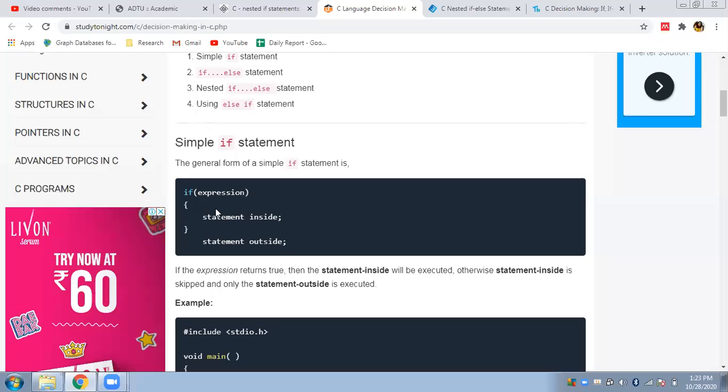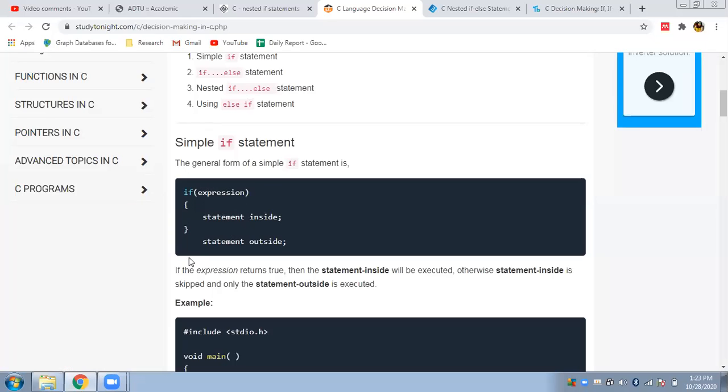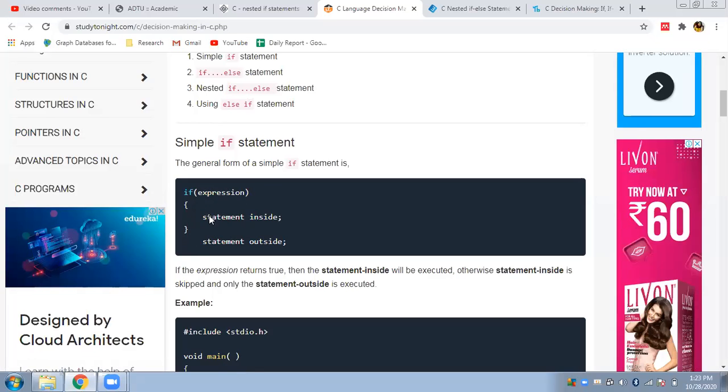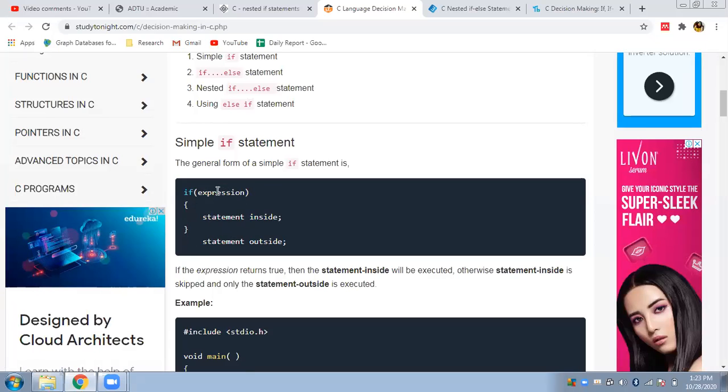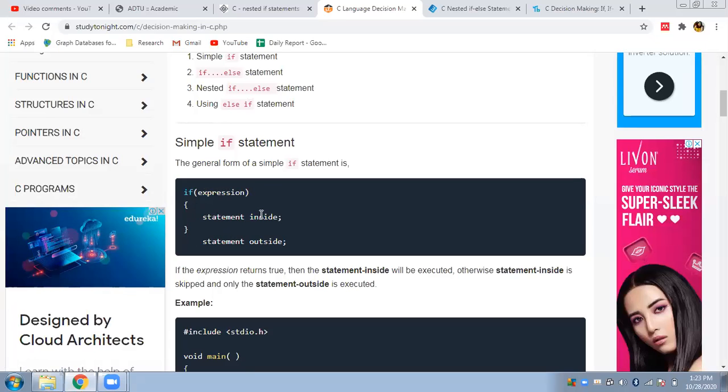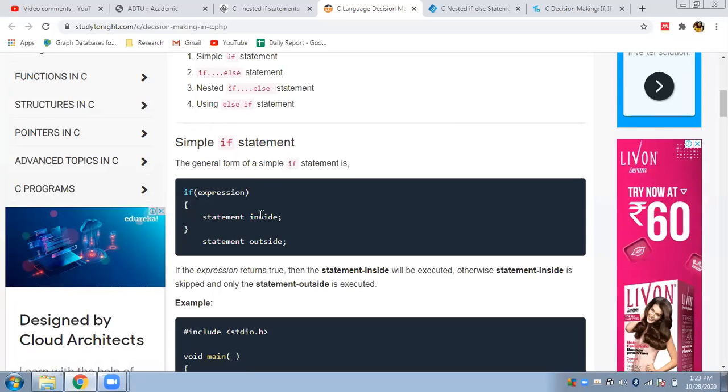See, so this was the syntax of a simple if statement. Given a condition, if the condition is satisfied, you execute the block of the if statement. Else, if the condition is not satisfied, you don't have the optional part here. So we have only the truth body. Only if the condition is true, whatever is inside that body will be displayed. We don't have any body for the false part here. We don't have any else part, we have only the if part. So that was how it was.